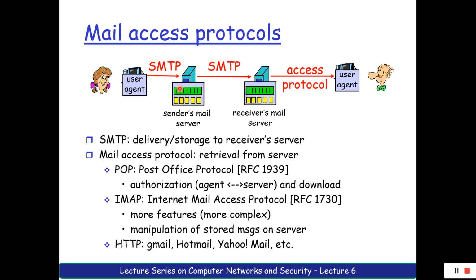Because she wants to send it, it will be placed in the outgoing box. Using SMTP, it will pick the mail from the outgoing box and push it to the receiver's mail server, which is the Yahoo Mail server. The moment Yahoo Mail server receives it, it will keep it in Bob's inbox. So it is never present in the user machine.